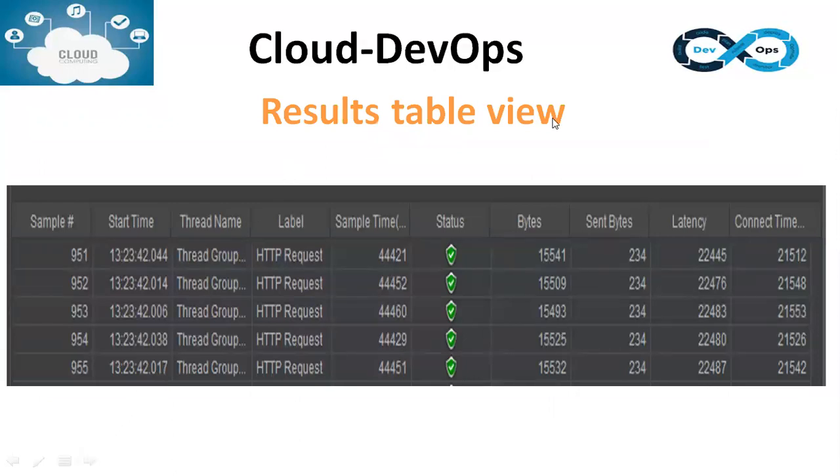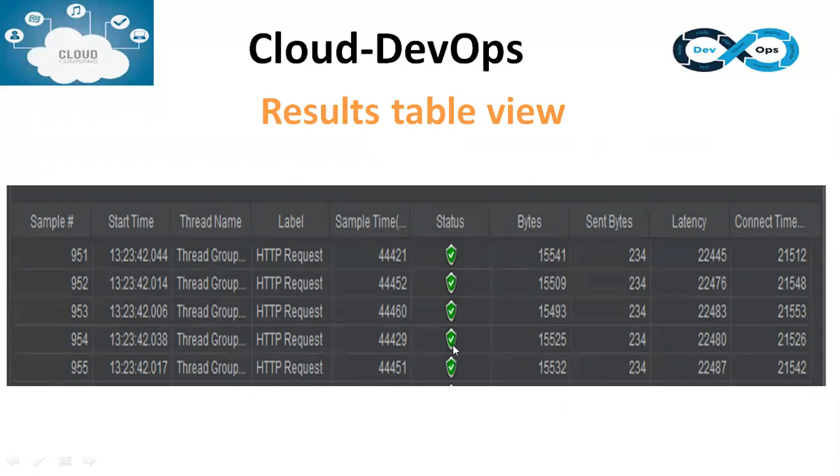So this is one of the ways to see the results. The status column represents whether the application is reachable or not. That means whatever request you are sending, the application receives it and sends a response. If the response is received, that means it is a success status. If the application is not responding, it will show in red color.